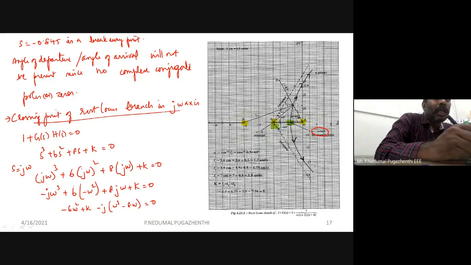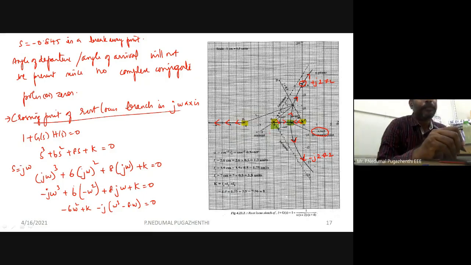And you can see that the crossing point of the root locus is plus j 2.82 and here the crossing point is going to be minus j 2.82 and another root locus you can see that it is passing here this way. One root locus branch starts from here. It meets the another root locus branch at the point which is called as breakaway point. Okay, it is moving and this is also moving. You can see that. The asymptotes you can see 60° and -60°. So this is how your root locus has to be drawn.